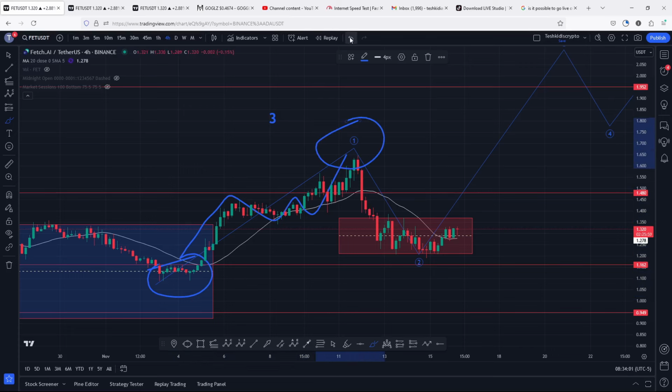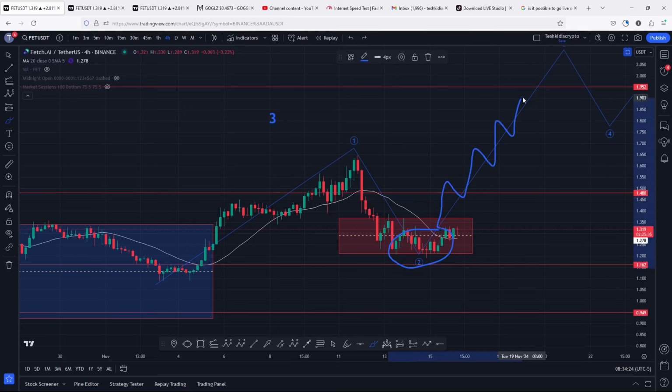And after we peaked in that wave 1, we started a corrective structure in the formation of an Elliott wave count 2, whose minimum target areas I have marked here on the charts using this red target area, an area that we have now fully maximized, and there are very high chances that we now have a low in place for the wave 2, and in the next coming days we are going to see another impulse to the upside